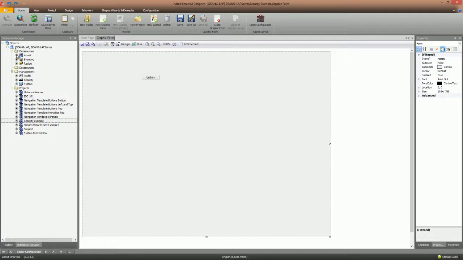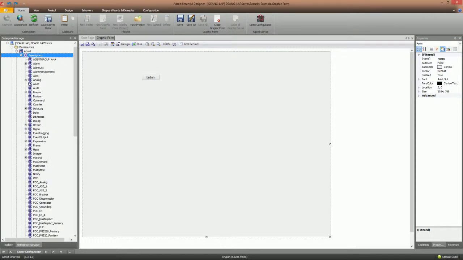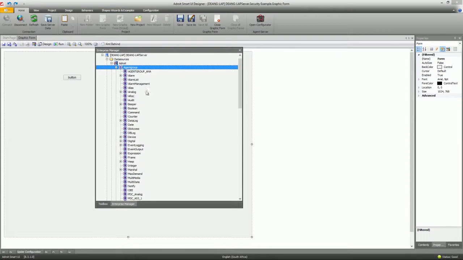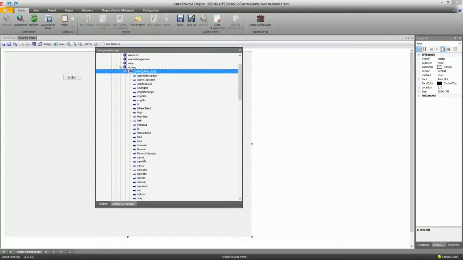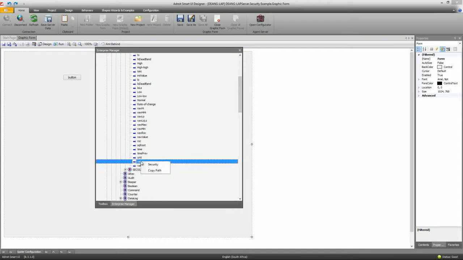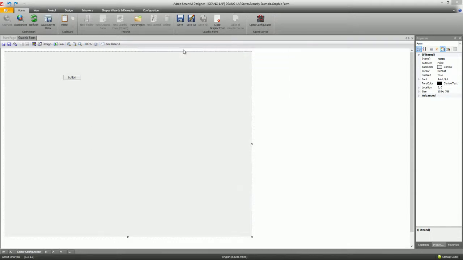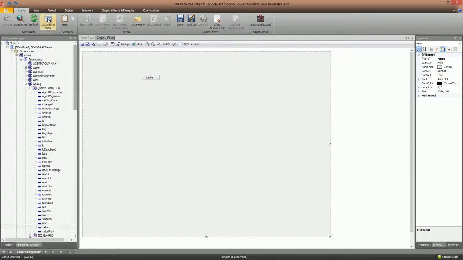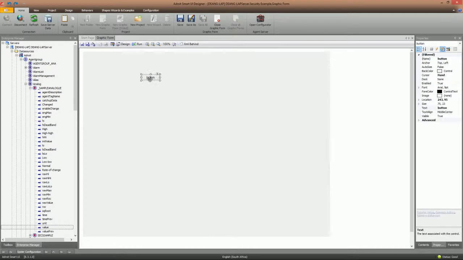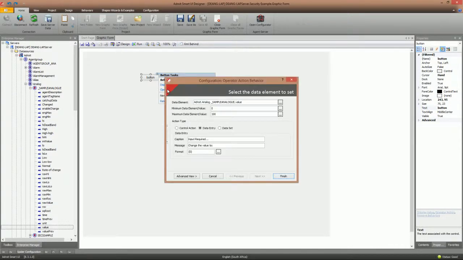So what I'm going to do is, within my Adroit environment, within my data source, I'm going to go along and, from my analog, change that server-side security, and say operators are now able to write out data. Save our server data. I would now rather assign my security at a behavior level. The way I do this is I open up my operator action behavior. I come along to my advanced view,